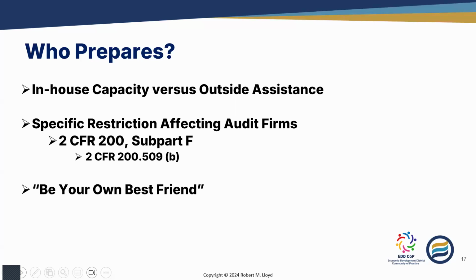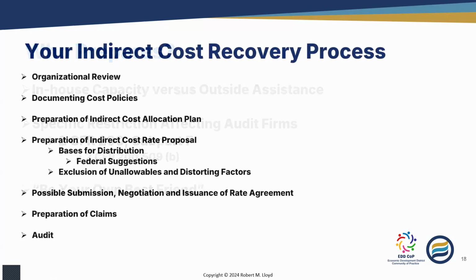Now, over on slide 18, we refer to something called your indirect cost recovery process. Where does the listing that shows up on slide 18 come from? It comes from the appendices to 2 CFR 200. In other words, those instruction documents that OMB has put together in the appendices, supplemented by the guidebooks that have been published by the various agencies that I referred to earlier, Department of Health and Human Services, Labor, and Interior. Taken together, those documents recommend this process.